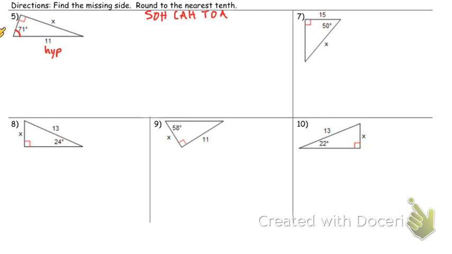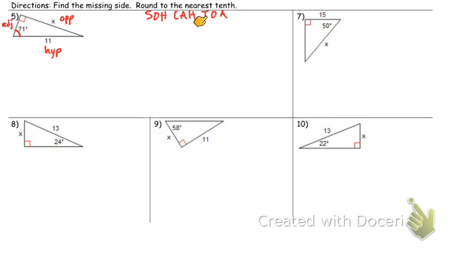Across from my reference angle, so now it's 71, across from my reference angle is the side x. So this is my opposite. And then the last side would be your adjacent. Okay? So now that we have everything labeled, our next goal is to choose, are we using the sine formula, cosine